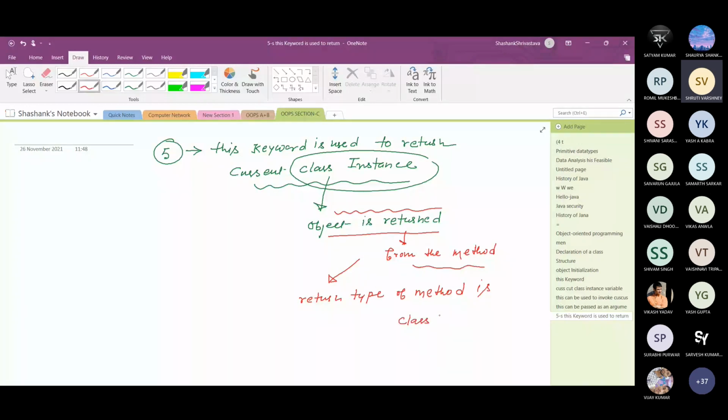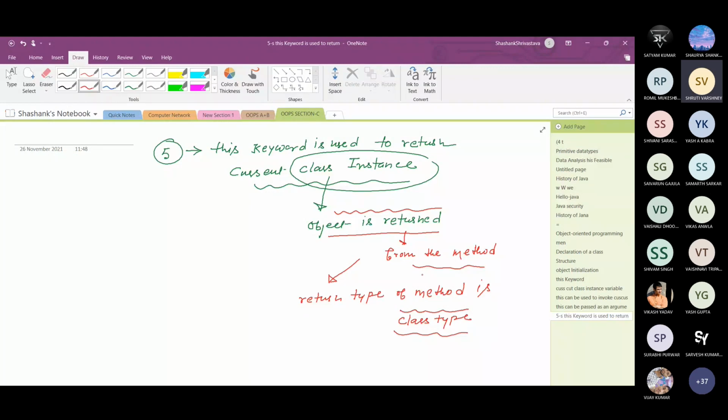If the return type of a method is class type, it means that particular method returns an object of that particular class. If the return type of a method is class type, it means that method returns an instance of that particular class. this keyword is used to return the current class instance.